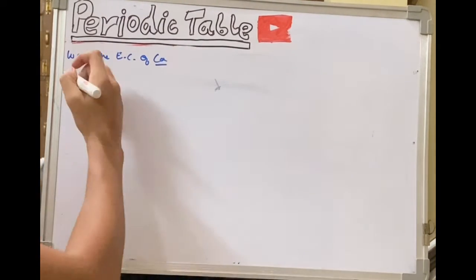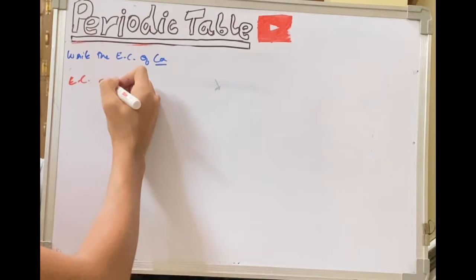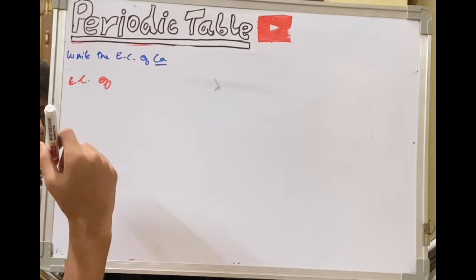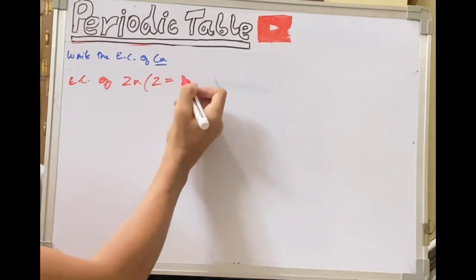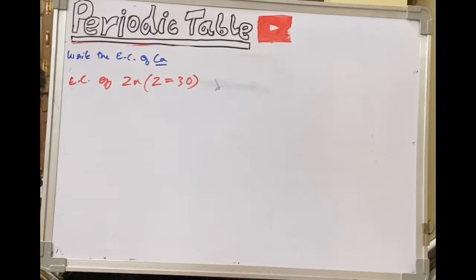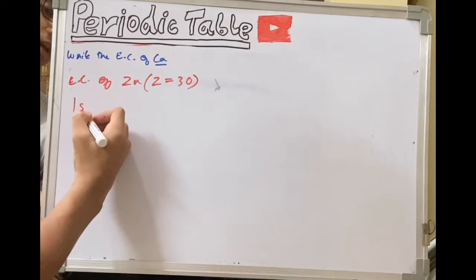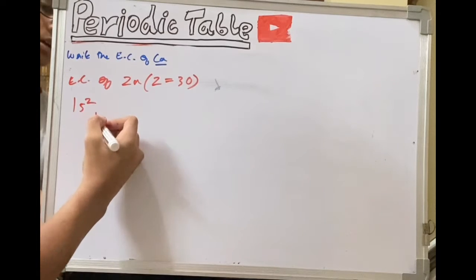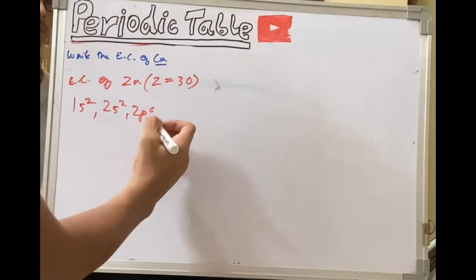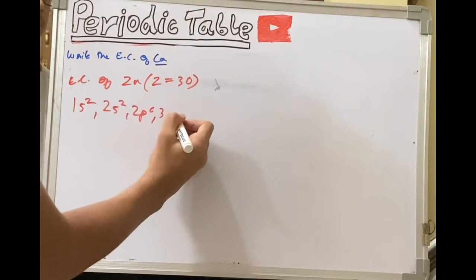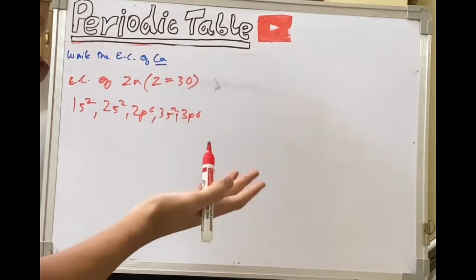Okay, let's go. Write the EC of, let's say, zinc, which has atomic number equal to 30. We'll learn the periodic table afterwards, so there's no need to worry about which atomic number or element I am giving you. You have to just solve it with the basic idea. Again we'll go with 1s2, the first shell, and it will be 2s2, 2p6 since it's fully filled, so it will be 8 electrons. Then it will be 3s2 and 3p6 again, right?